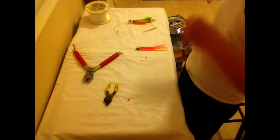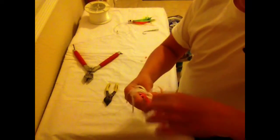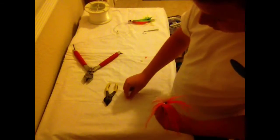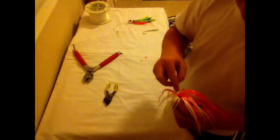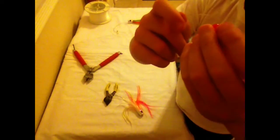Now you're going to come back to the top again. Repetition. Now you're going to spread her out like so, just like I did before. And then you're going to take your... actually, on this one, I'm going to add a bead on there because I'm using smaller size test. And so what I'm going to do, I'm going to set that aside, take this bead, put the 100 pound